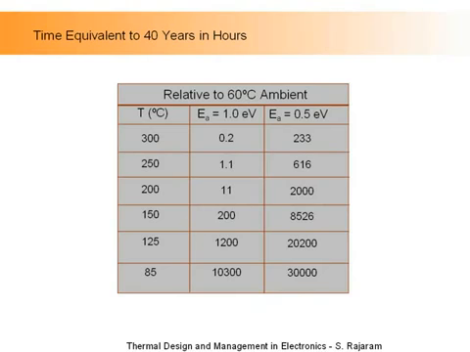So you see, what I want you to understand is how important temperature is to shorten the life or drive things to failure. So what we are saying is that it's not as though when you get to 125, all the devices are going to fail. But what this is saying is that the probability that you will have a high failure rate is very high, and 1200 hours of operation at this 125 degrees C is the same as operating for 40 years at 60 degrees C. So what this is saying is keep your temperatures low, keep the devices running efficiently and cool. You will extend its life in a very big way in an exponential manner. So that's what this table is telling you.